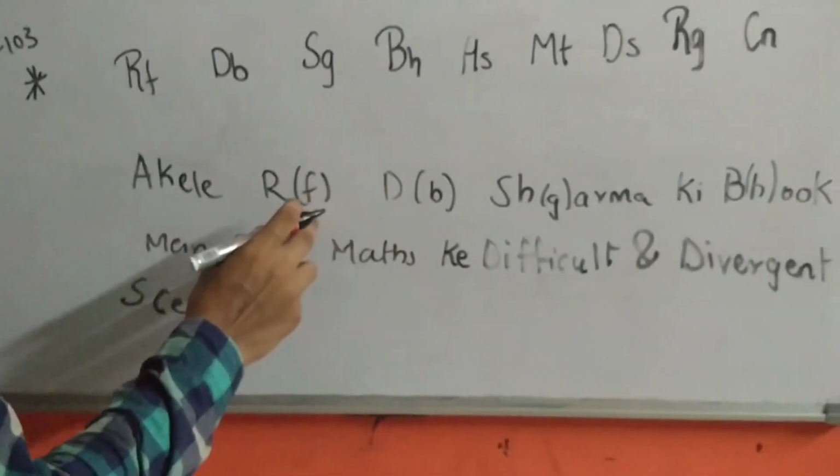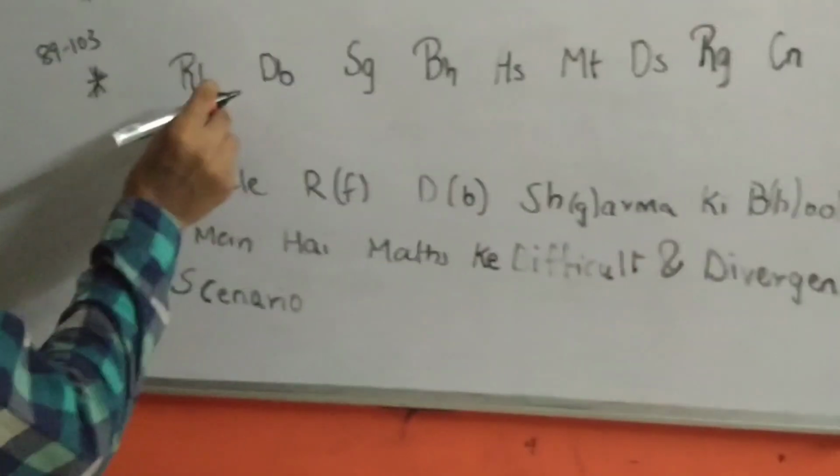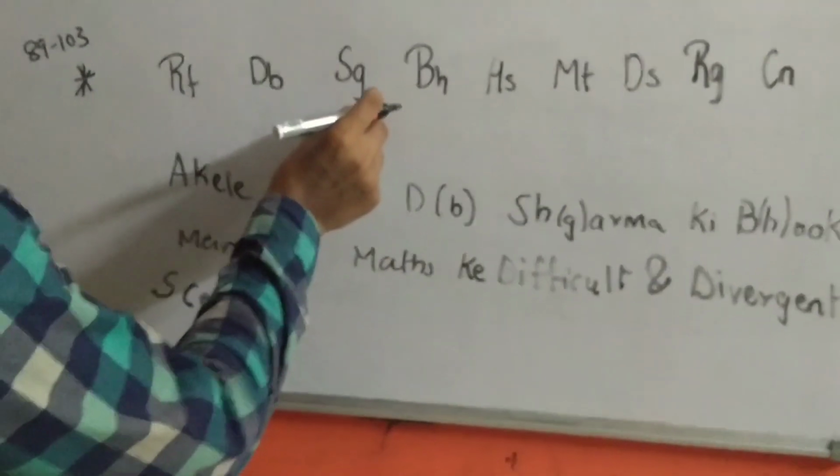Akele RD. I have made certain tag names for that symbol itself, RFDB, and here SG I have made here